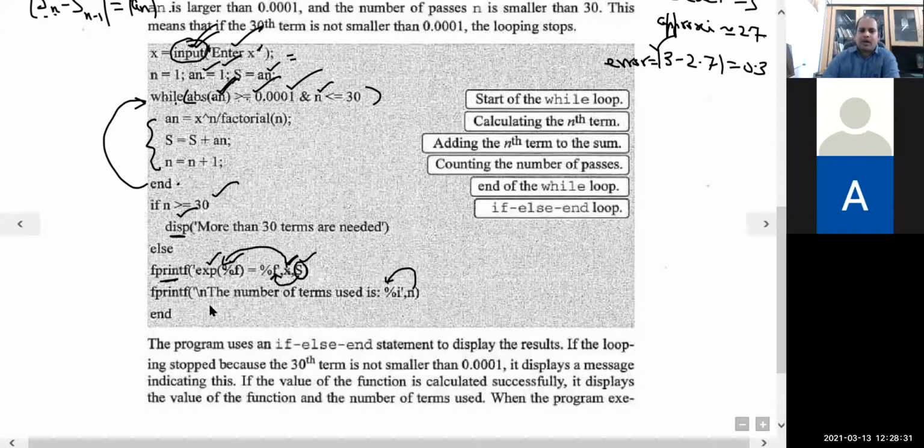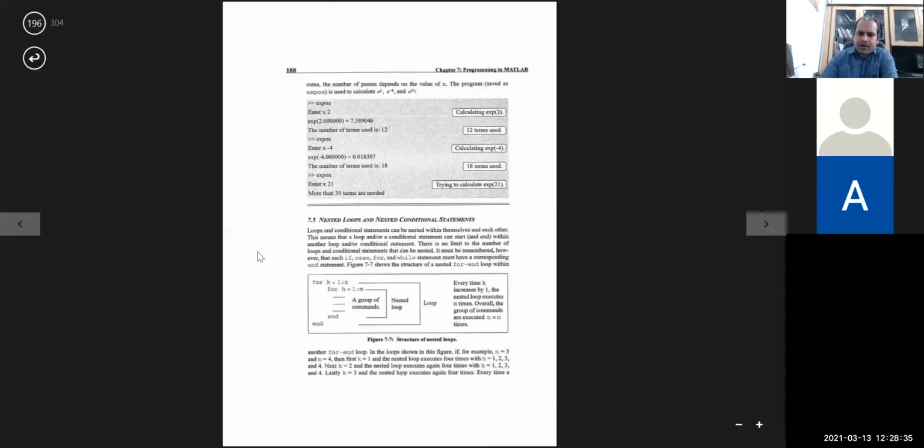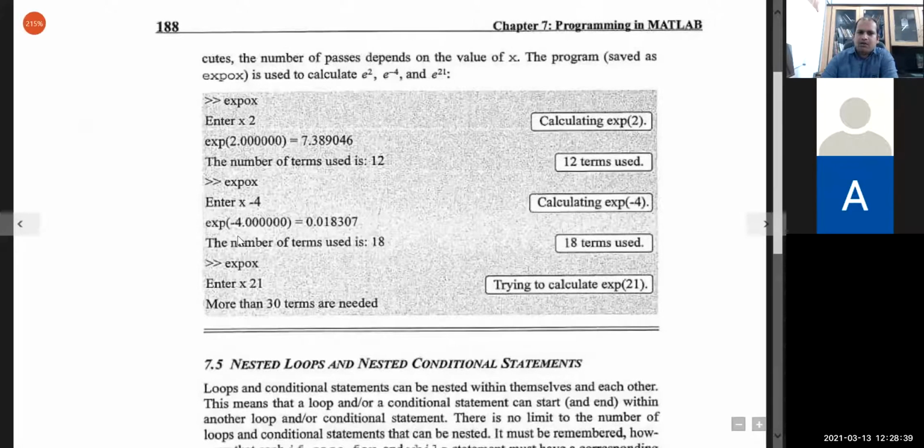Now if you look at the command, just notice how it runs. Here they have saved it with the name exponential of x, a short notation, expo(x), and using this they are going to compute the value of e square. So the value of x is 2.